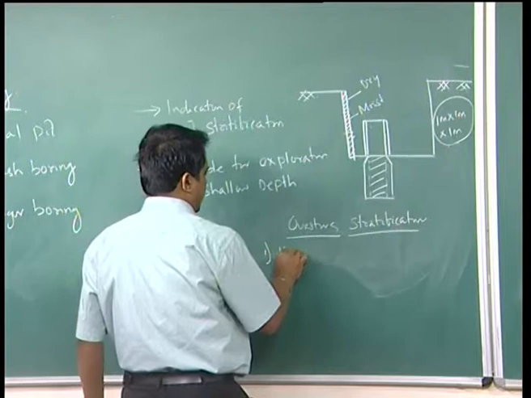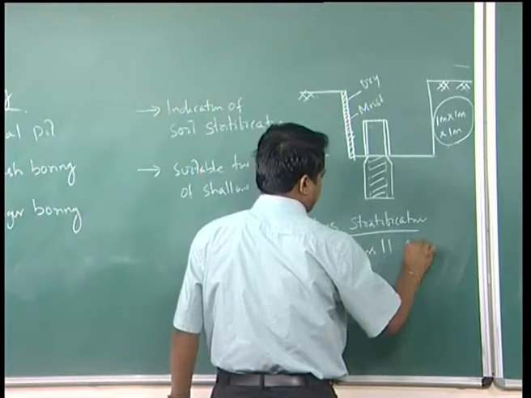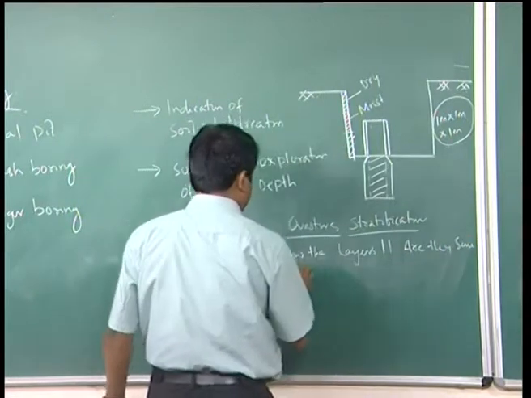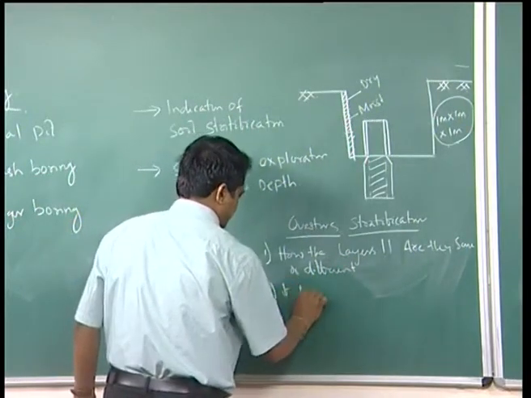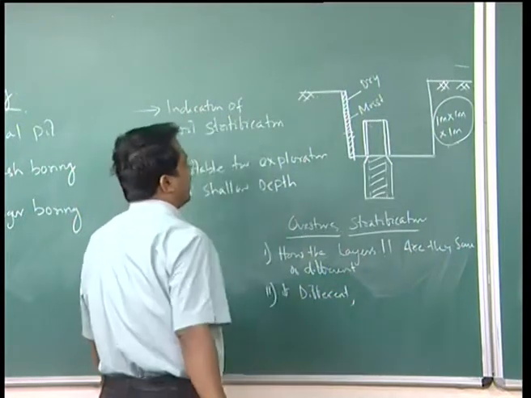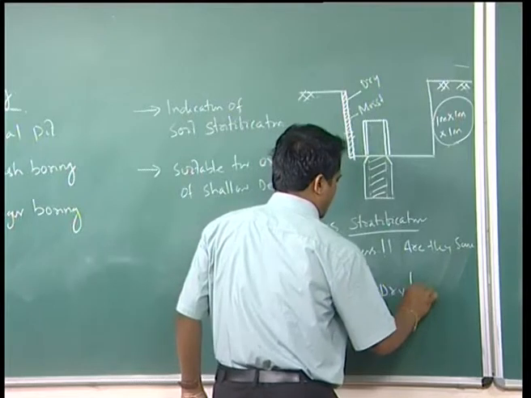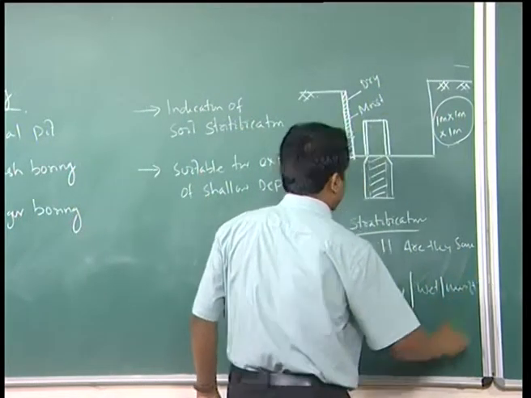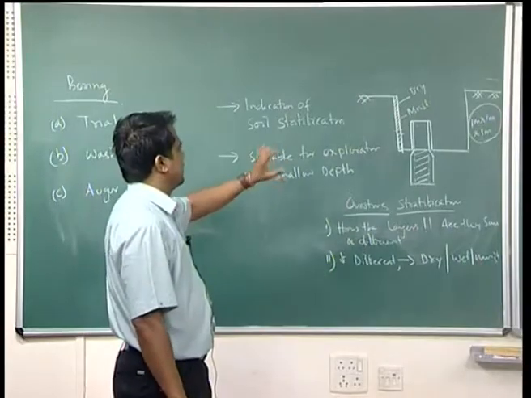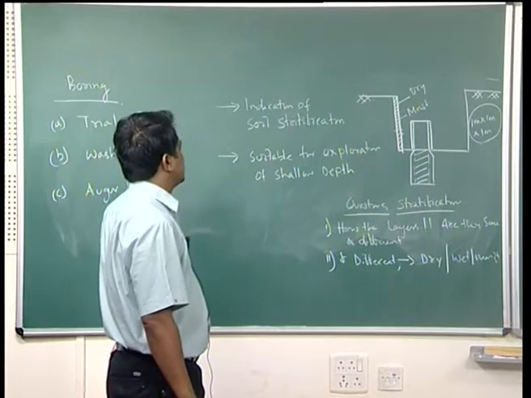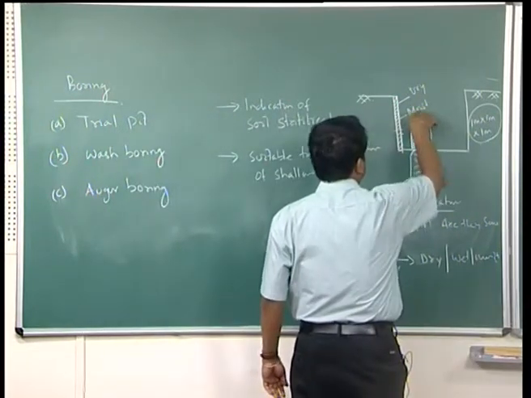First is how the soil layers are, are they the same or different? If different, how do they look? Is it dry or wet or moist? So this gives an idea whether there is soil stratification varying at shallow depth, or maybe the soil profile up to the shallow depth will be the same. Once you observe this stratification by visual identification, then you can take this casing pipe here